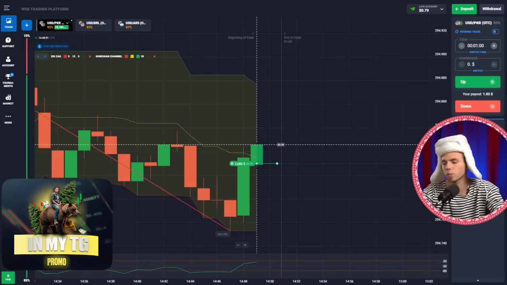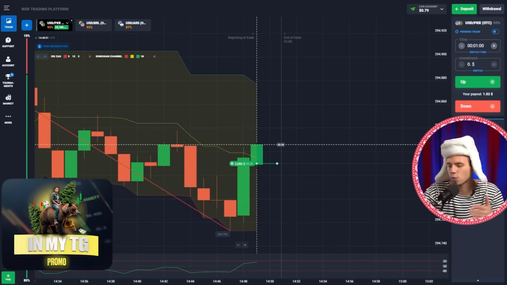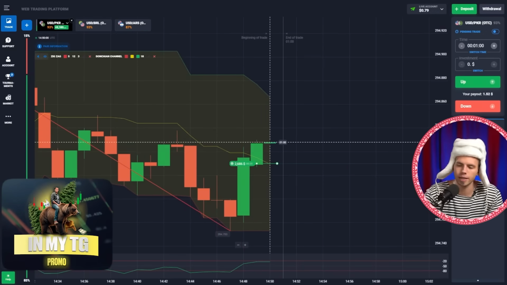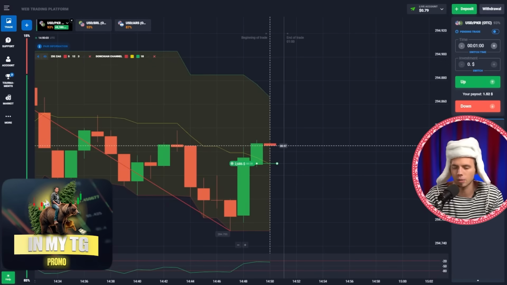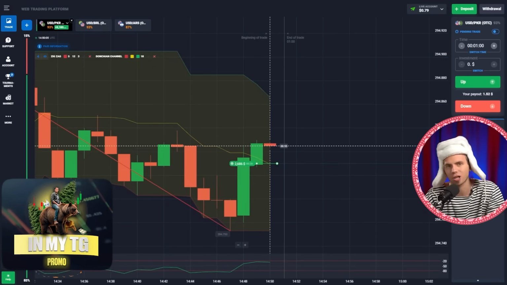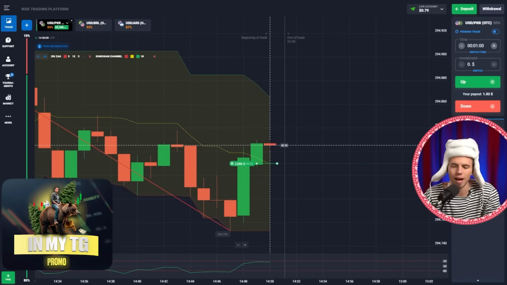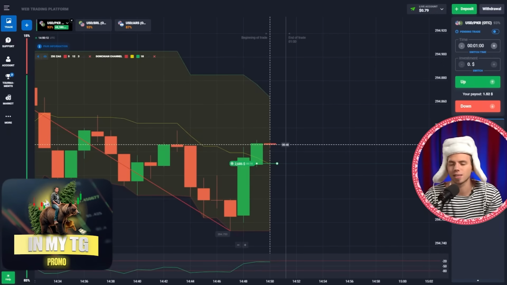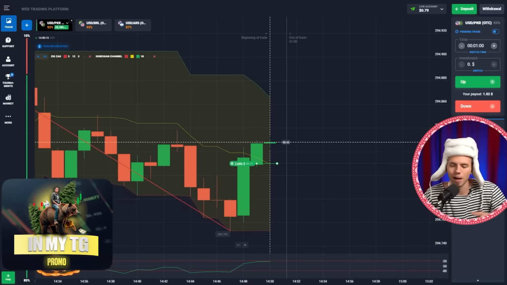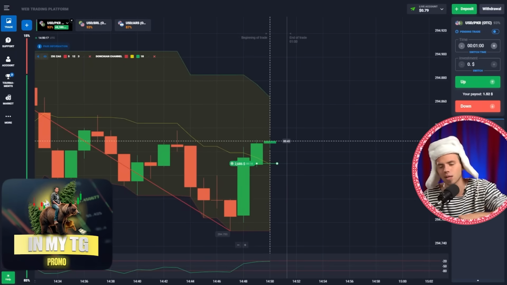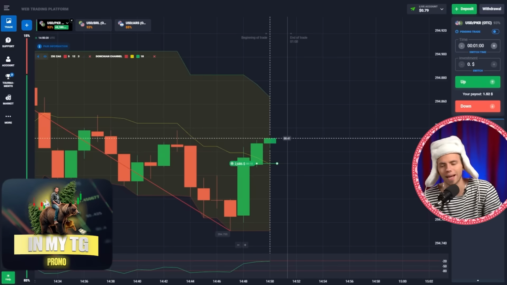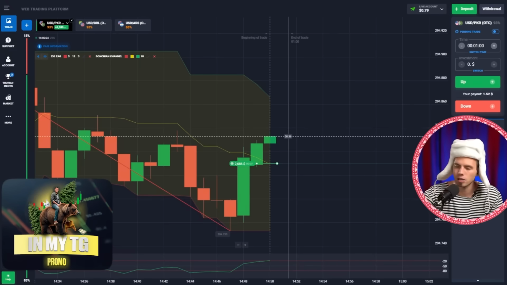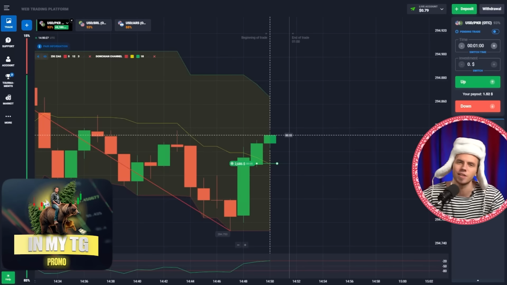The overbought will happen, but not yet, okay? So we can open an option up and we break the middle line of the channel right now. So we already broke this strong, it was a resistance level, right? So right now it's going to be a support level. So the price will probably try to go back to this middle line, but since we already broke it and it became a support level, the price will not go back and break it once again and go down. No, the price will go back to this middle line and then rebound from it and go up. So in the nearest future we will see here a clear division up, guys.